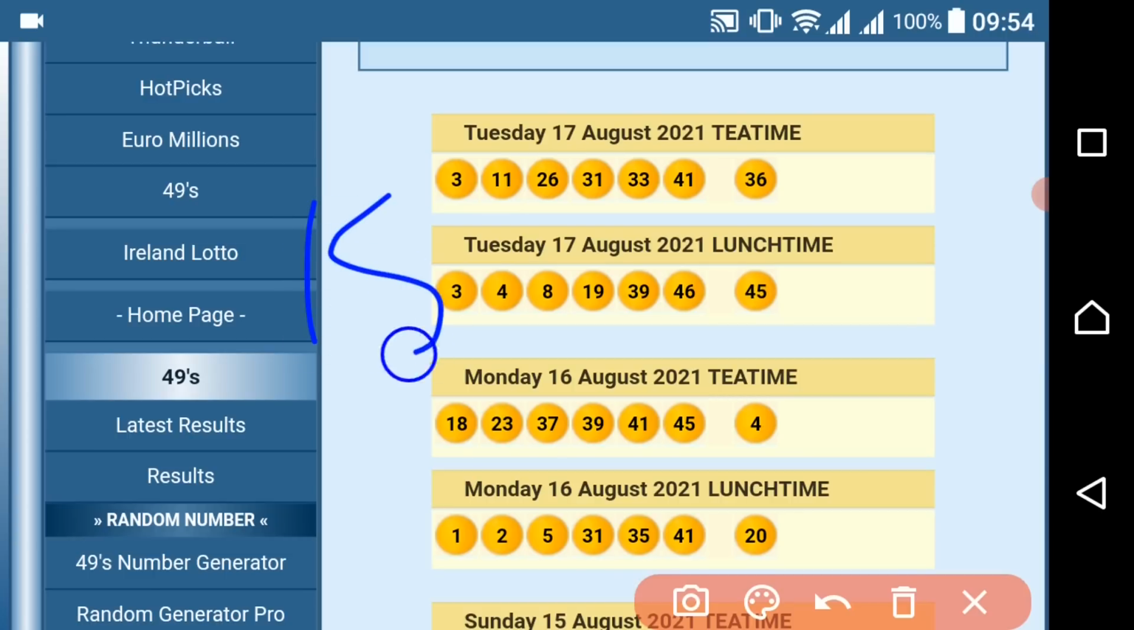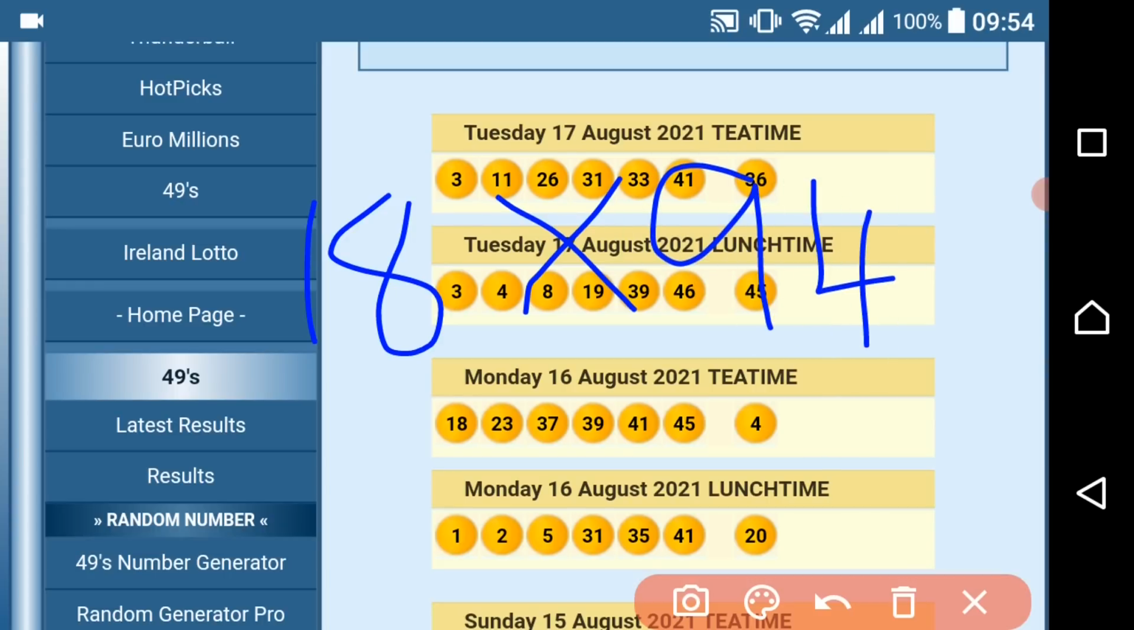Okay, so the code for today, it comes from the date. It comes from the date 18 multiplied by 94, right? 94 is coming from our 49. That's where we are getting the code, right? So 49 will give us